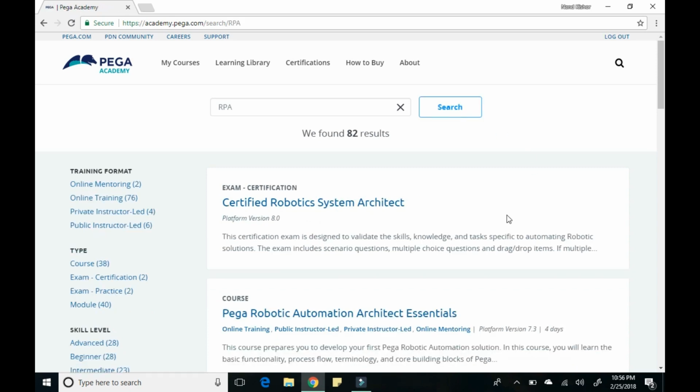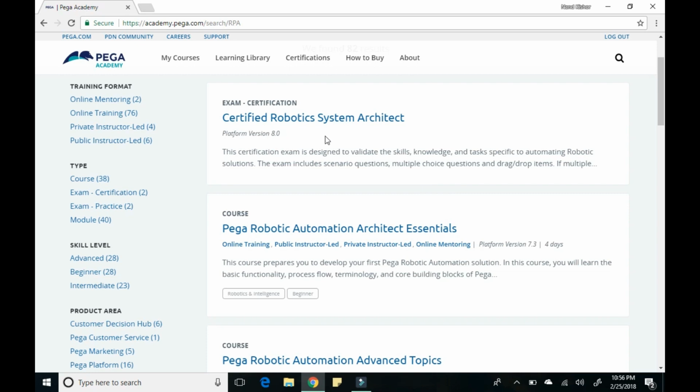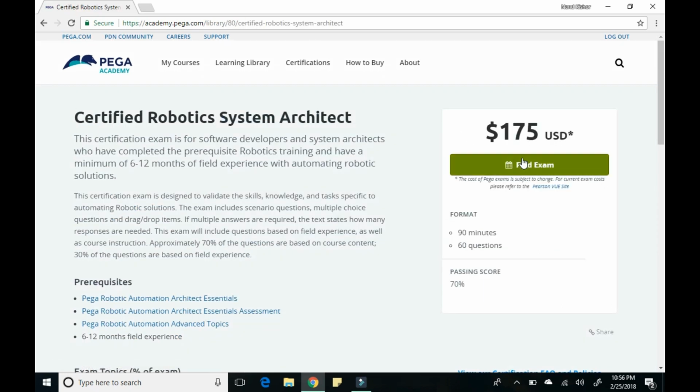Once you click on the search button, you will see on the top the first search result says Certified Robotic System Architect. If you click on that link, you will see that to appear for this exam you need to pay a fee of $175. So right now we'll go back